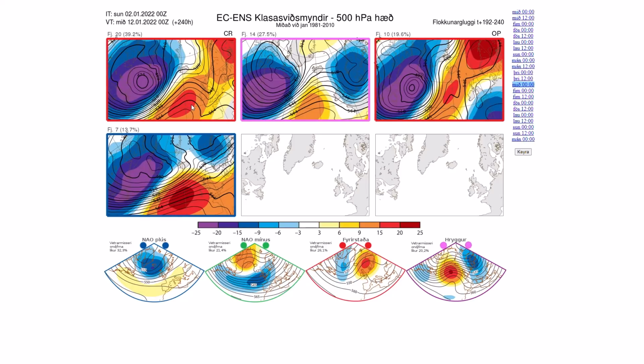Temperatures low single digits, overnight temperature below freezing, and there would be snow potential with that easterly wind, but it's coming up against a strong Atlantic. Another 14 have a mid-Atlantic ridge with a northerly wind. Now this would be more of a westerly pattern, but it would be a mid-Atlantic ridge, so just